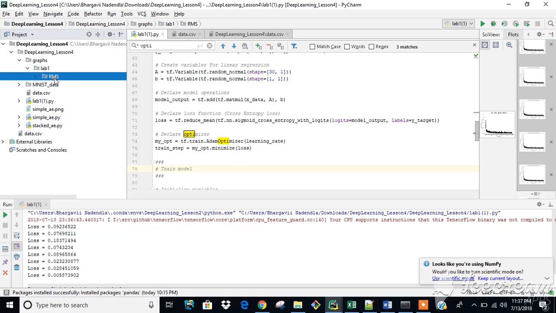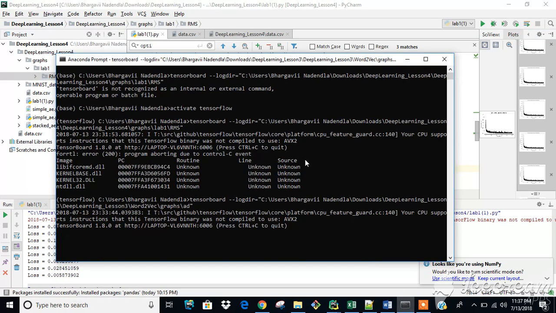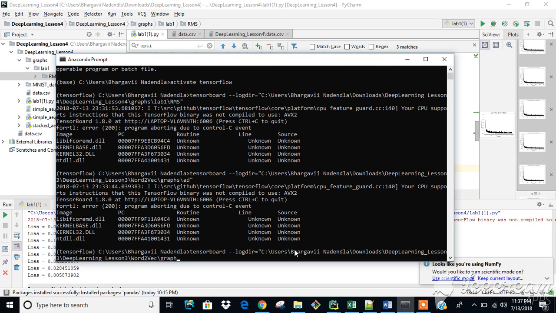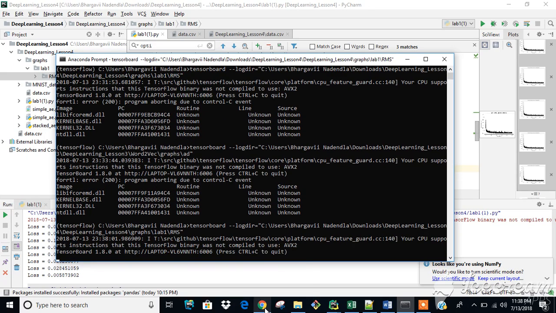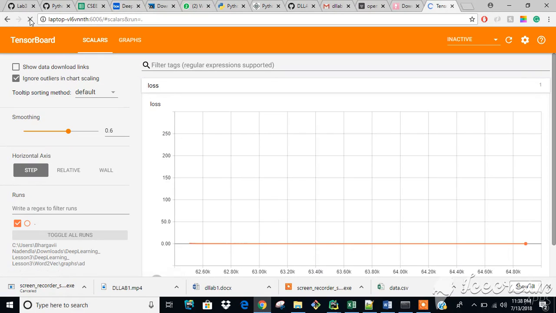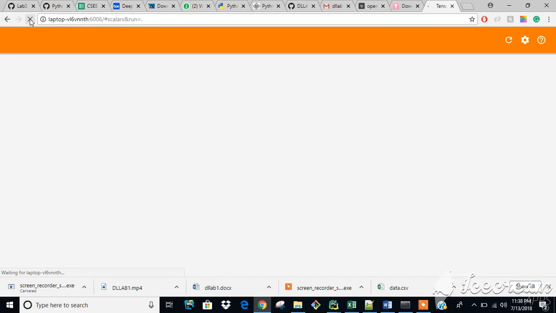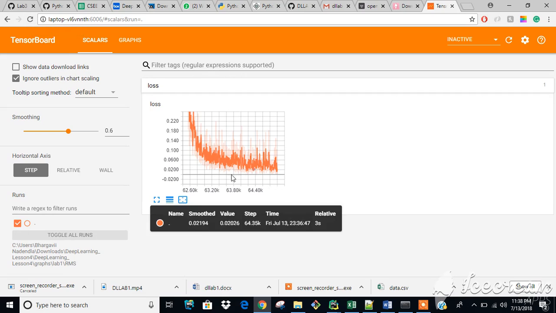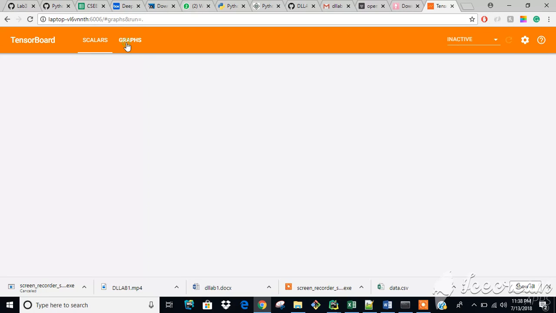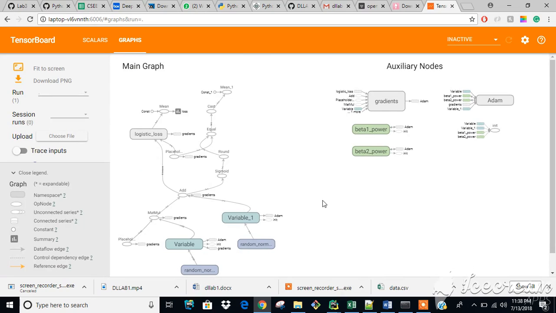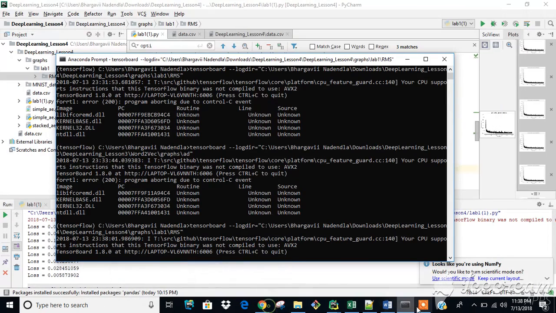Let's visualize this graph on TensorBoard. Copy the path and then just visualize it. Okay, let's reload this. This is the loss that has been plotted on the TensorBoard. It's clearly visible that for each step the loss has been decreasing, and this is the main graph, the tensor graph of this model. And let's go with the other one,